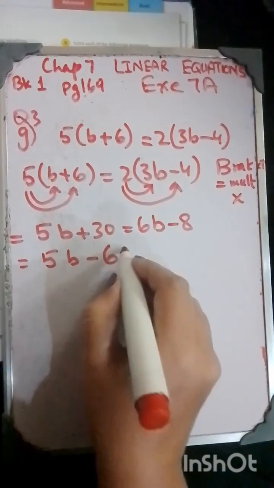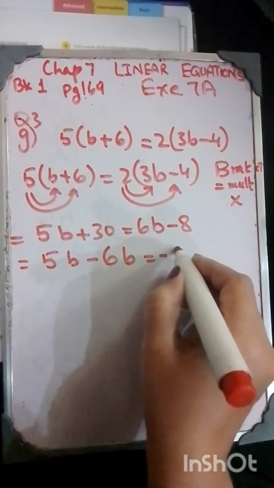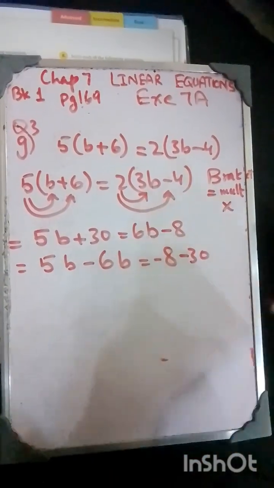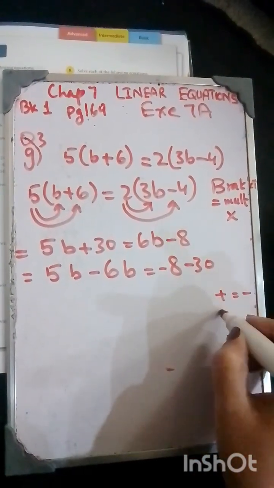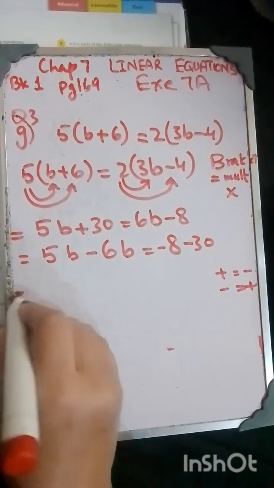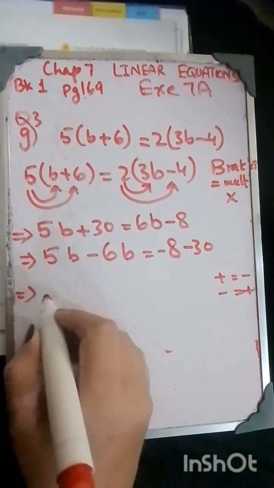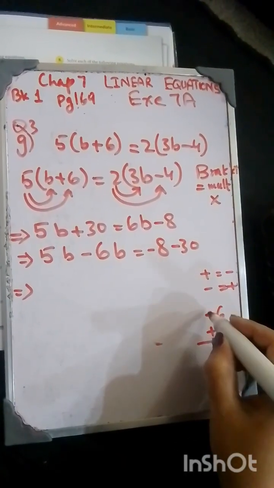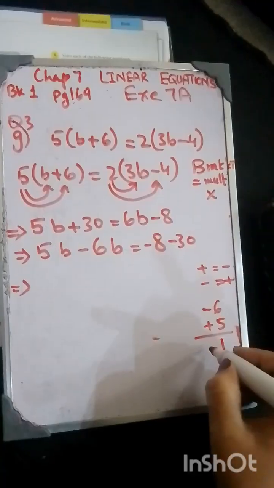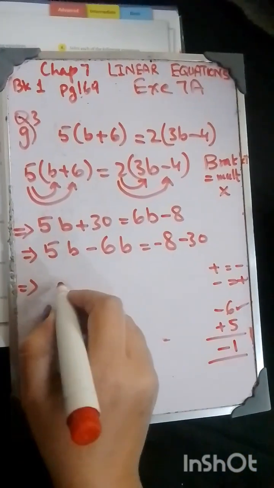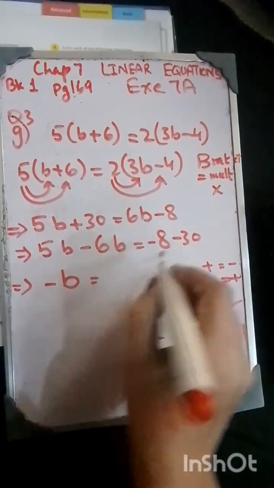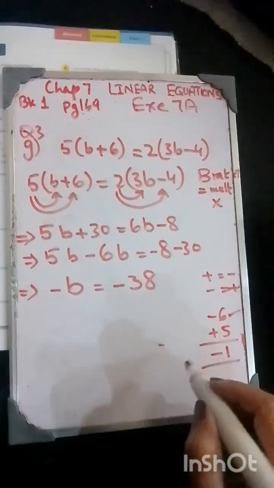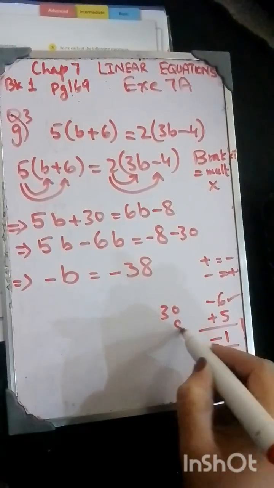So shifting it, it will become positive to negative, then negative 8 will remain the same on its place. 30 is positive, so it will come after negative 8. Do not change the places of the numbers when they are written previously. They are already there. Negative 8 was there. Alright, so 5 minus 6, 6 is a bigger number, take the sign of the greater number, it will be simply b but with a negative sign. Negative 8 and negative 30, it will be 38, but of course with the negative sign, you know that sign of the greater number.